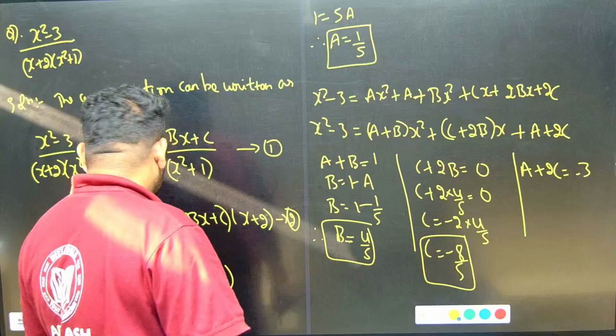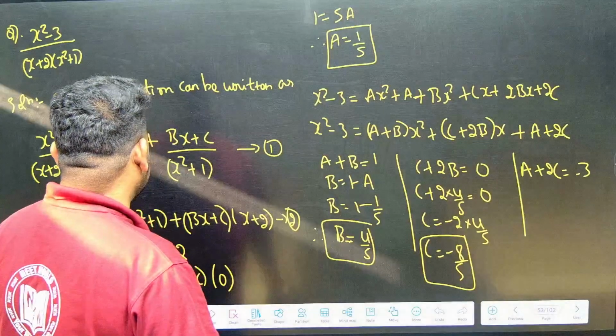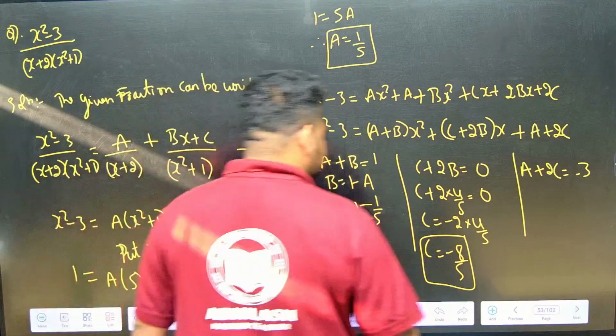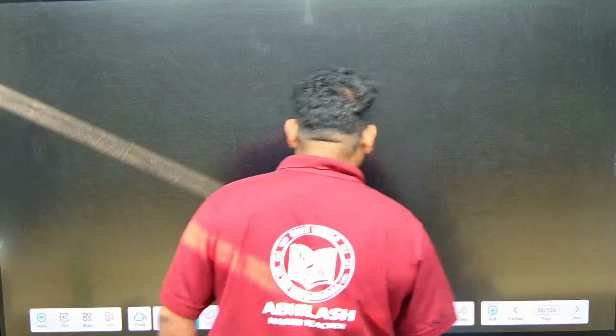Now the partial fraction becomes, now equation 1 becomes (x² − 3) divided by